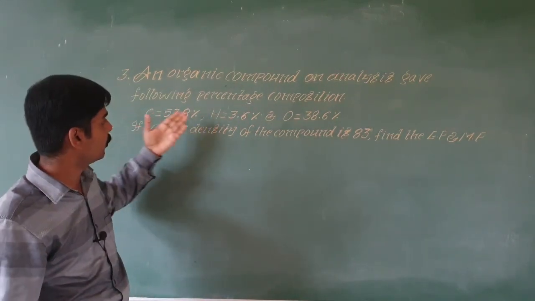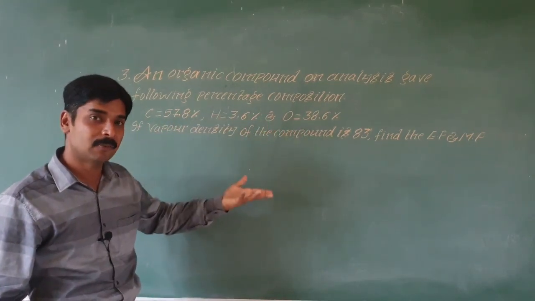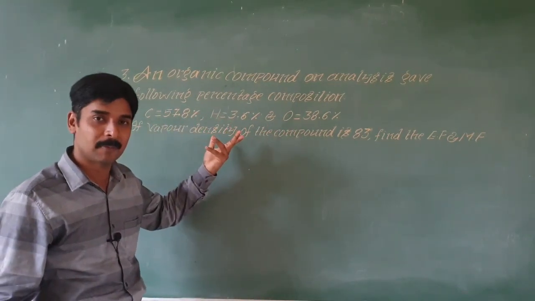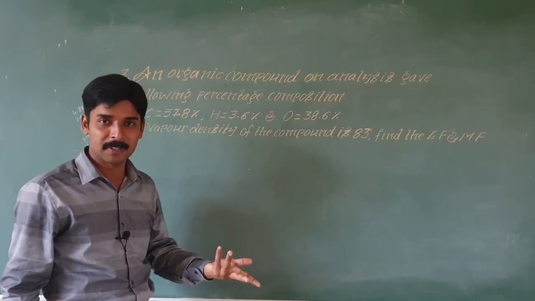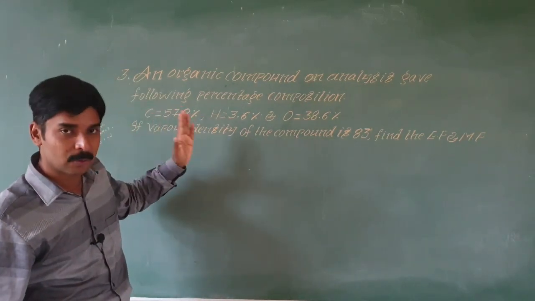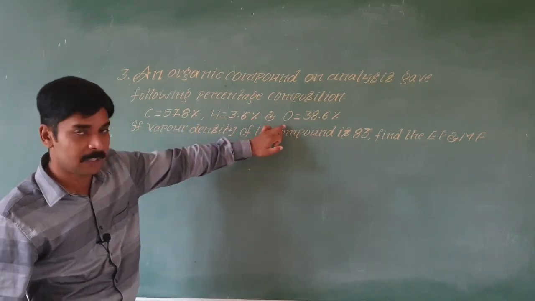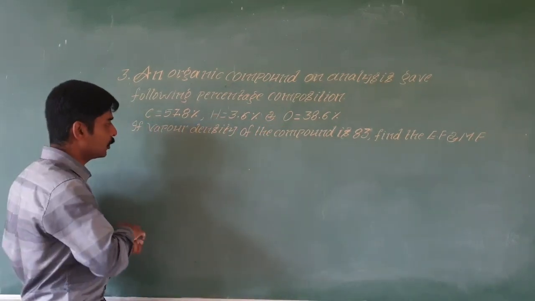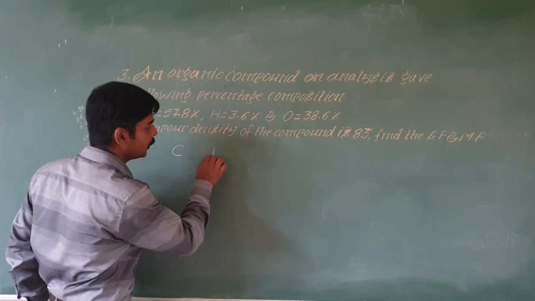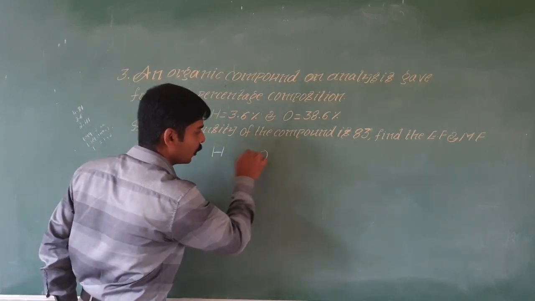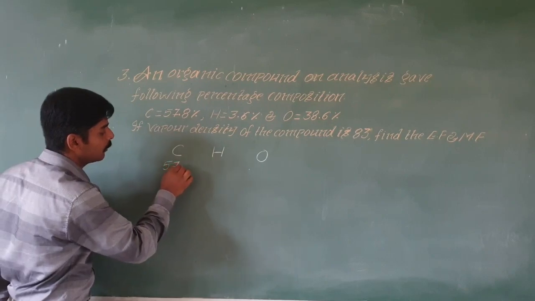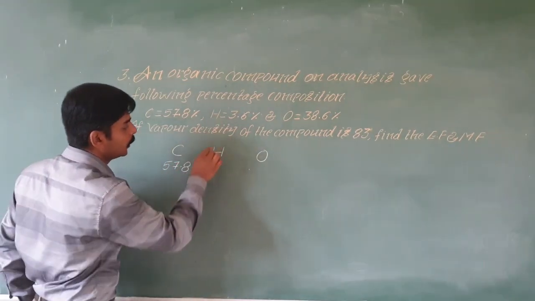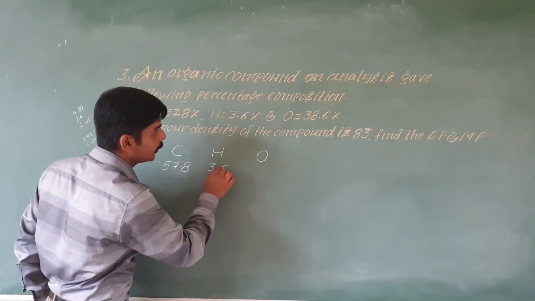In some cases, carbon, hydrogen, chlorine can be given. In some of the compounds, only carbon and hydrogen may be present. In some of the compounds, magnesium, oxygen and carbon may be present. Whichever element, you must note down which are the different elements present and write the symbol of those elements: carbon, hydrogen, oxygen, and write the percentage below the symbol: 57.8, 3.6,